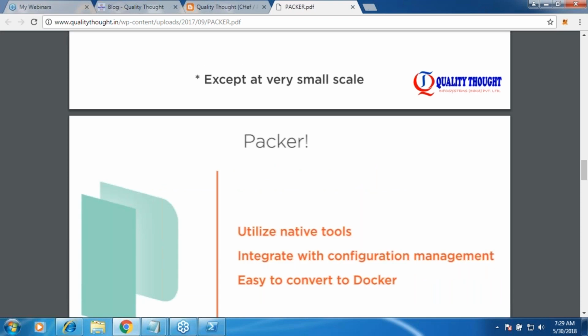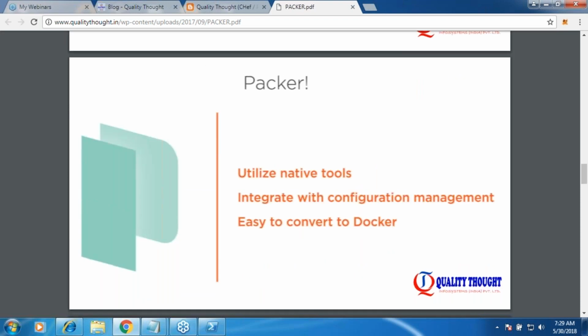Now, Packer has many advantages. First thing is, you can use the native tools. It is a completely native application. It doesn't require any specific set of tools, and you can integrate Packer with your existing stuff. For example, I am very good at Ansible. My company has used Ansible a lot to automate a lot of infrastructure. I can integrate Packer and Ansible. My company is using Chef. In Chef, they have done a lot of work for deployments or configuring your infrastructure. I can integrate Chef with Packer.